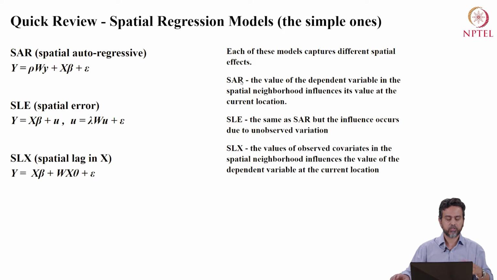So we try to capture this effect using this spatially lagged variable. This is also called the spatial lag model, simply spatial lag. And you might find other terms, but SAR or spatial lag model is most common. Well, you can also have the spatial error model, in which case your primary model remains the same, but your error terms are spatially autocorrelated.